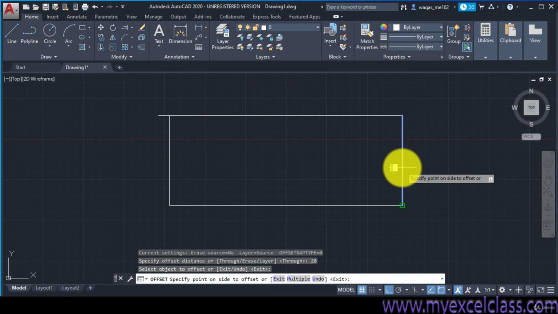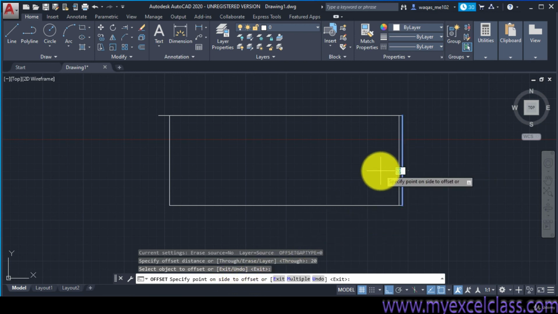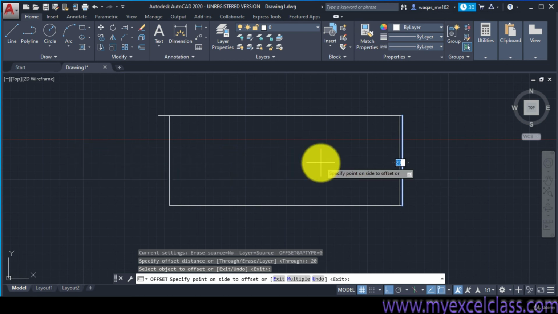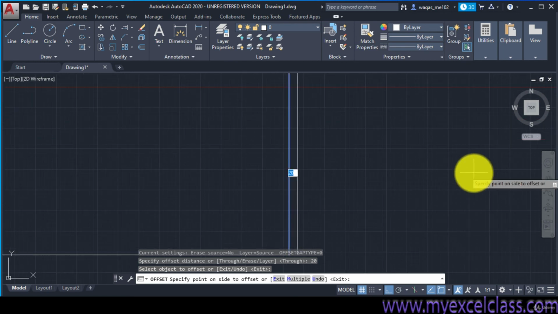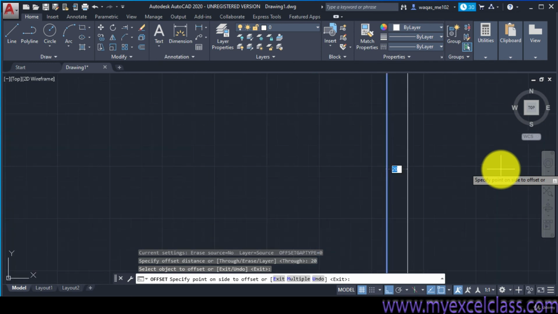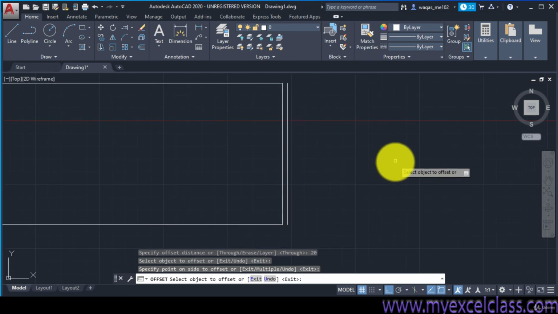And next, specify the point on the side to offset. If I want it on this side, I will click anywhere on the left side. And if I want to offset on the right side, then I will click anywhere on the right side. Suppose I want to offset it on the right side, click OK. So this was the offset command.